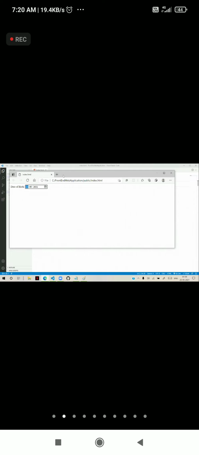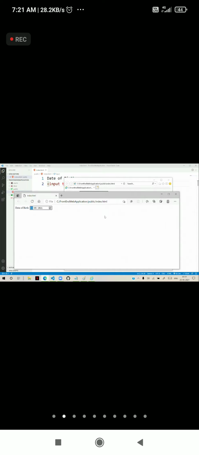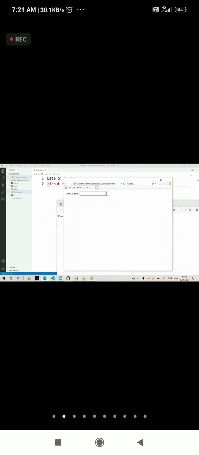The same page I will open in Internet Explorer. In Internet Explorer, you can see there is no date picker. Click there. The date picker is not there. But in Edge, it is showing a date picker. But in Internet Explorer, it is not there. The same HTML is used in both locations. But browsers fail to understand because every browser has its own parser, its own translator.